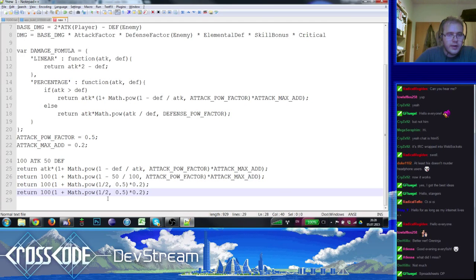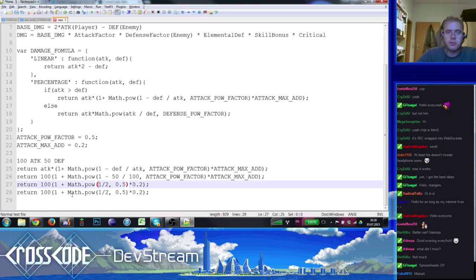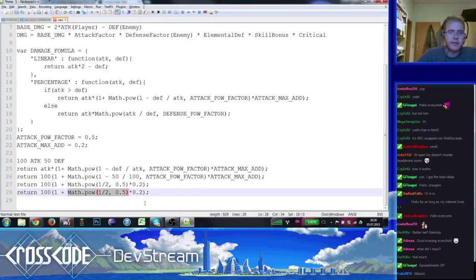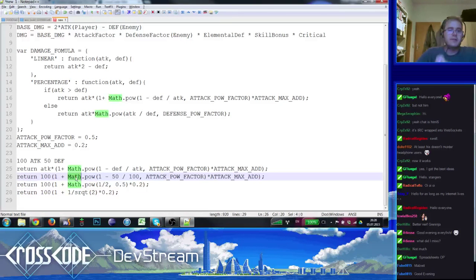If you calculate this, if you take the square root of 1 half, it's something I can't calculate in my head. I don't know. So the reason is why we use power here.